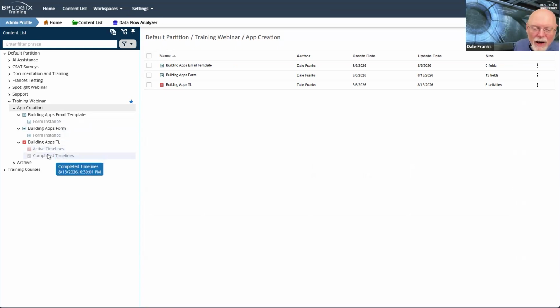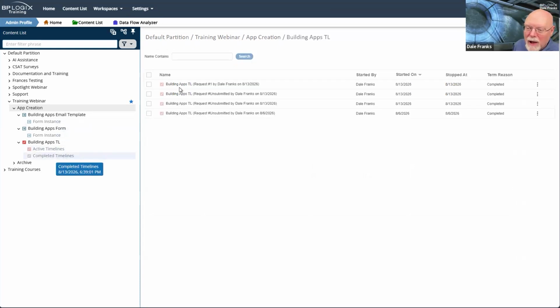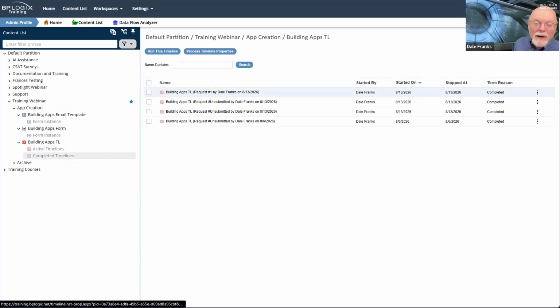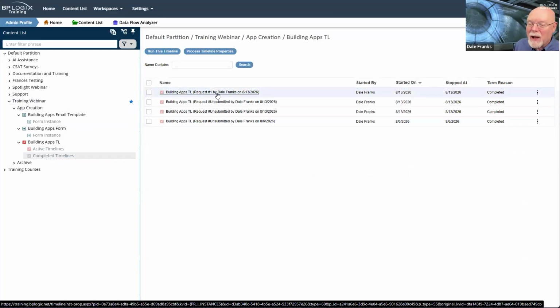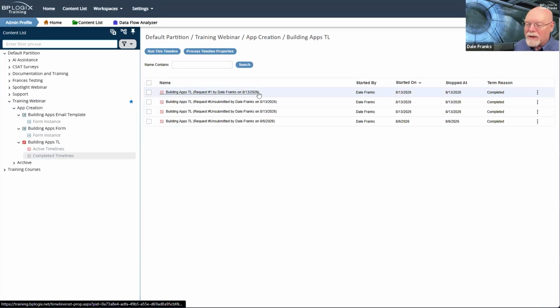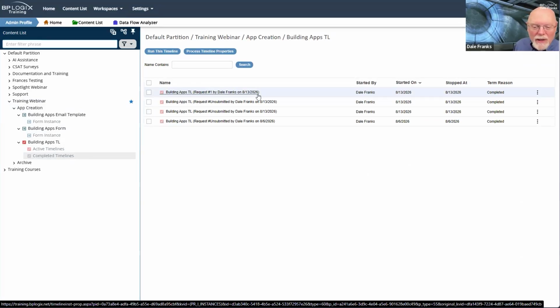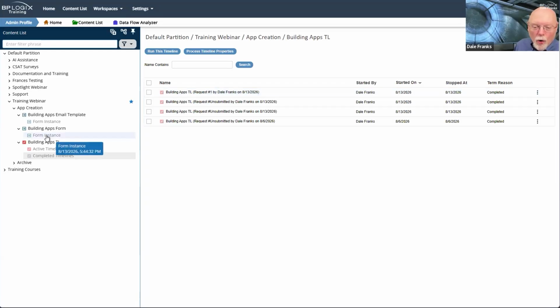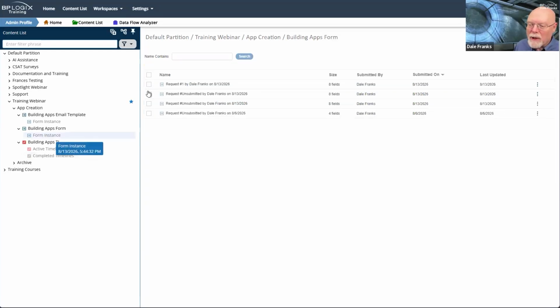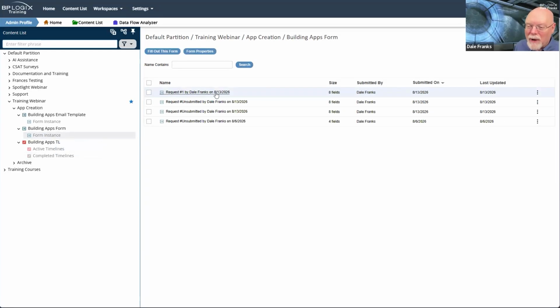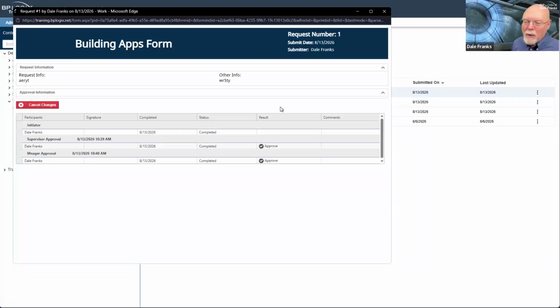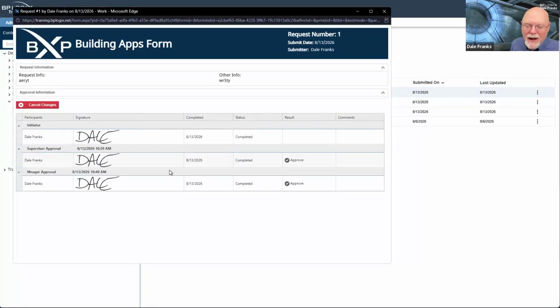So let's go to completed timelines. I didn't even check my instance names. Building apps timeline containing request number 1 by Dale Franks on 8/13/2026. Cool. My form instance, request number 1 by Dale Franks on 8/31/2026. All of that worked. If I open up my instance, I can see all of my activities and stuff.